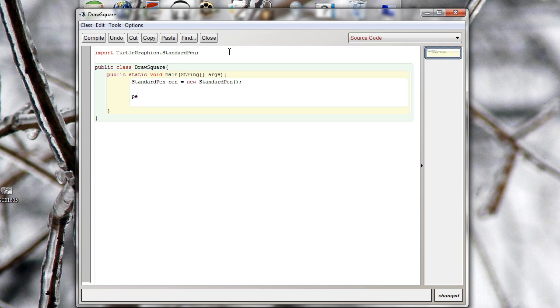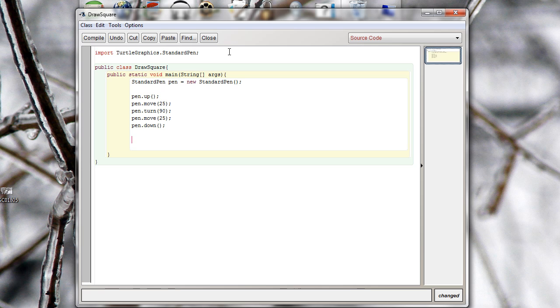So we're just going to do pen.up, pen.move 25, pen.turn 90, pen.move 25, pen.down. Okay, so